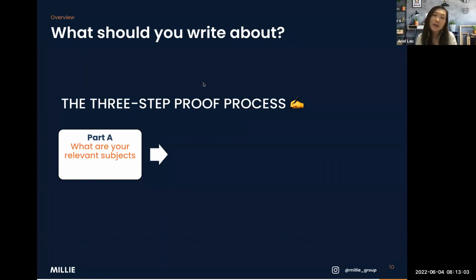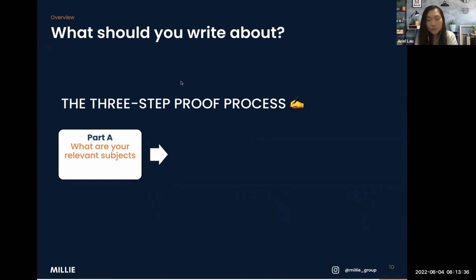Anyone would like to give it a try? Okay, so I see answers like physics, math, chemistry. Absolutely, yes. Even though there's not a particular subject called engineering in high school, you can find relevant science subjects and quantitative subjects, like math, to point towards engineering as a major and the necessary skills that you need to excel in that particular major. Okay, so that's part one, identifying the subjects first.